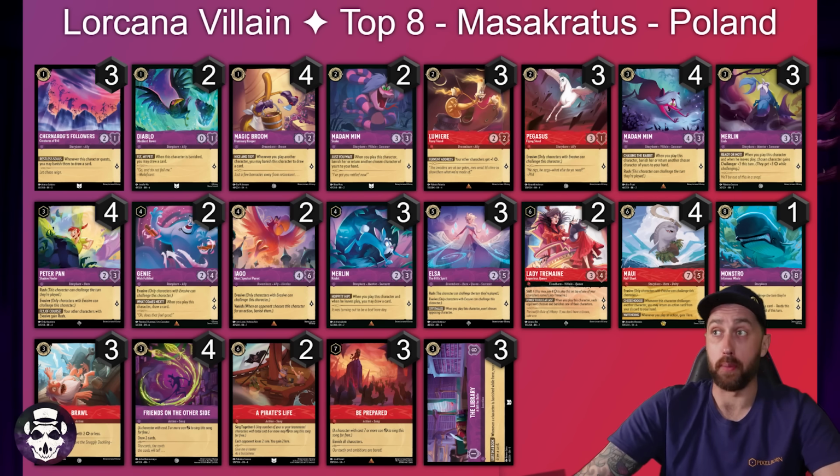work in that matchup. And Lumiere, who gives +1 strength to all your characters, gives you better challenges, helps your characters stay out of the range of things like Brawl and Sisu, Medusa, etc. Most notably, it keeps your genies and your Peter Pans out of Brawl range, which is one of the most